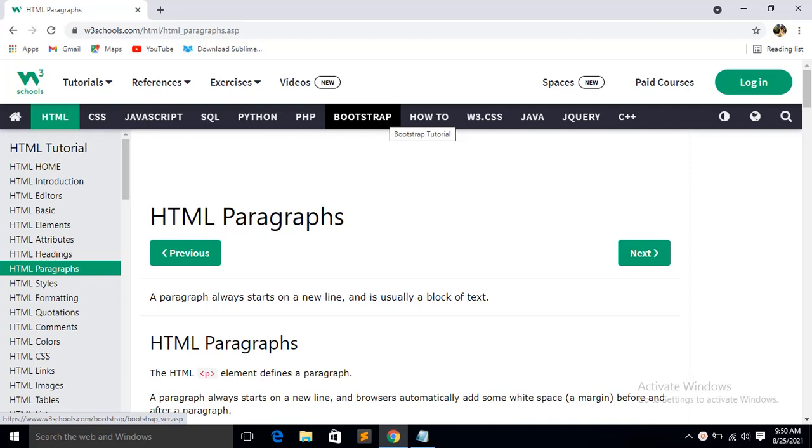Okay. So if you want to make your lines paragraph-wise, that means you have started one paragraph, it is finished, and now you want to start the next paragraph, how will you do that? For that there is a tag you have to use, that is the paragraph tag, P tag. You can see the example, the code is given in your book.